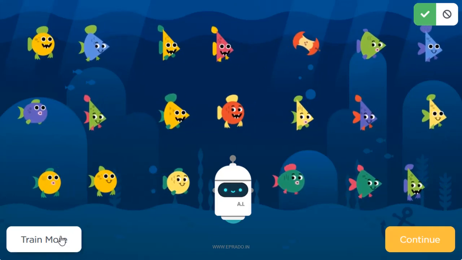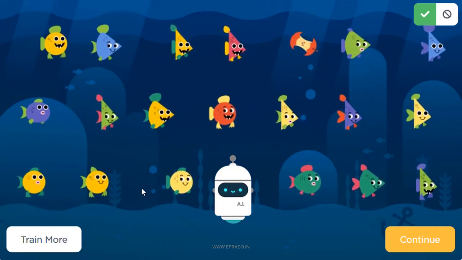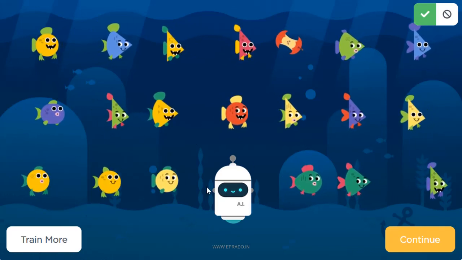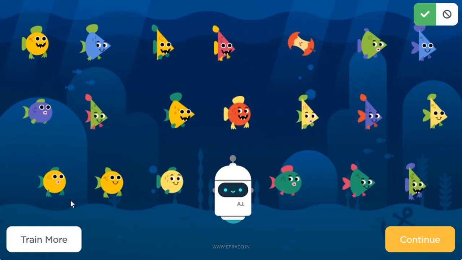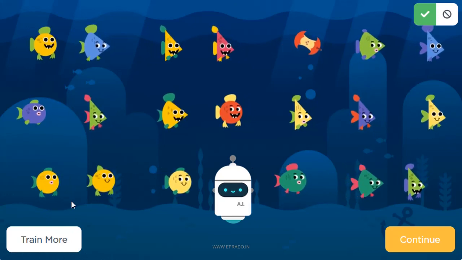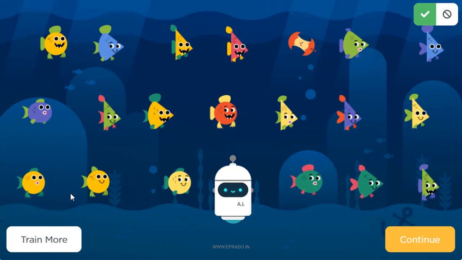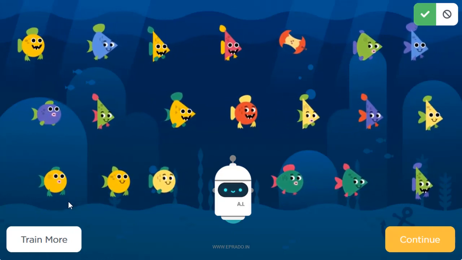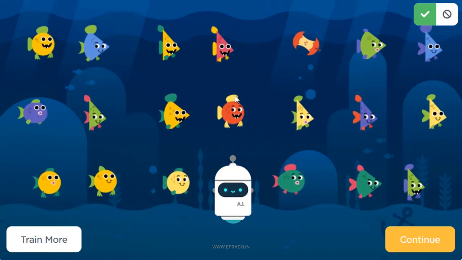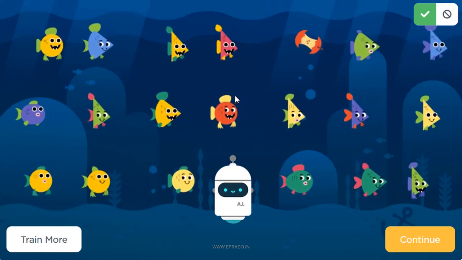So children, try this and make your robot more clear about fish and other objects, so that your robot can detect the fish and other objects separately. So make a clear image for the robot.